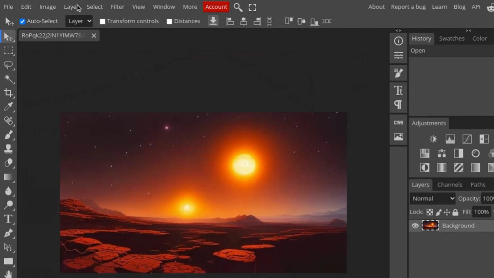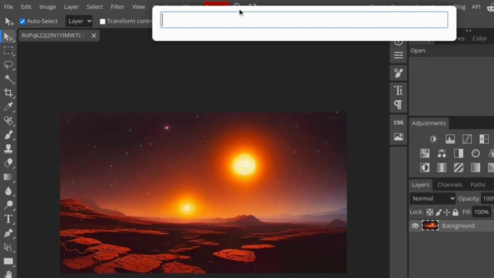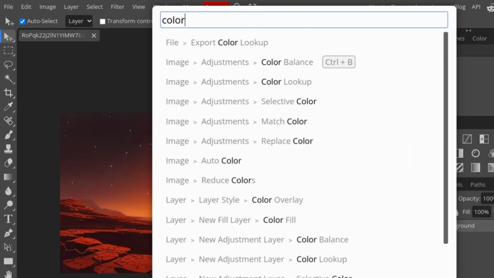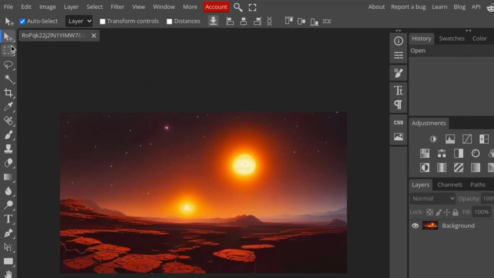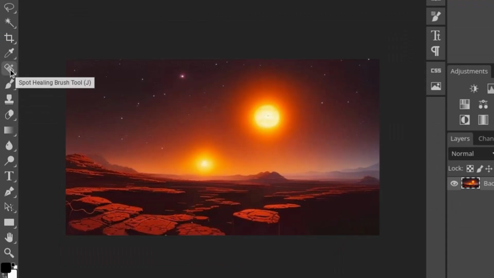If you don't see a feature or a tool that you're used to using, you can actually click right here on the search box and find something. So I'm going to find something to do with color. And here's all my tools that happen to work with different colors. Over on the left-hand side, you notice that I have different tools, such as my tool that allows me to actually move things around, to select and deselect. I have the rectangular select tool. I have the lasso. I have the magic wand, the crop tool, the eyedropper, and the next is the spot